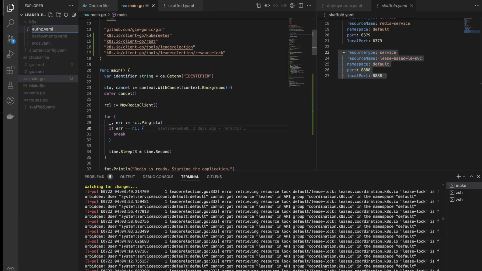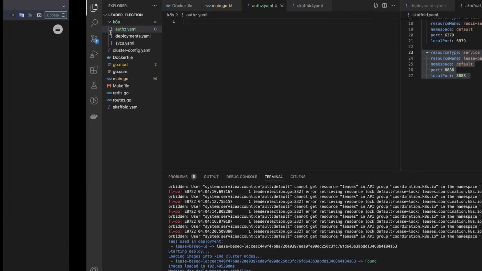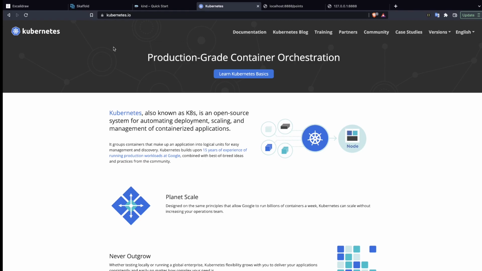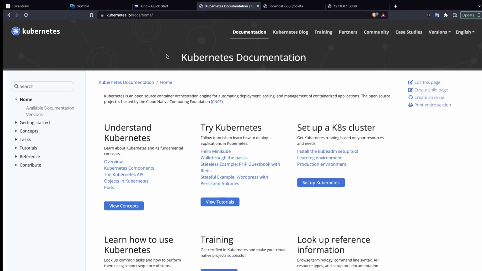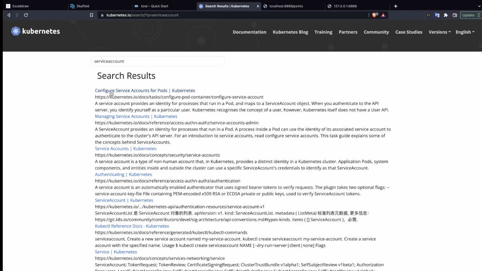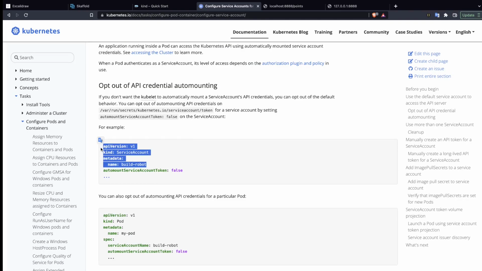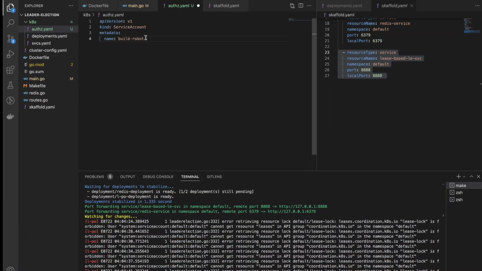First we need to create a service account, and to do that, let's head over to the Kubernetes documentation and grab a service account. Let's configure a service account. So let's grab this, and then